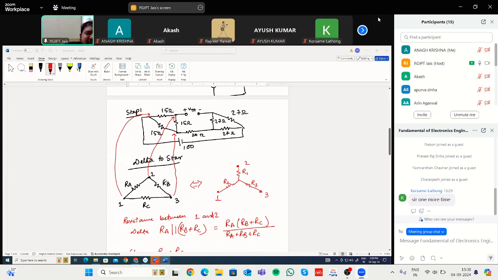This is like a delta. If you remember the Greek letters, then this is like a delta. This is a star-like symbol. That's why this configuration is known as delta, and this configuration is known as star. So what we are trying to learn here is how to, if one of the configurations is given to you,